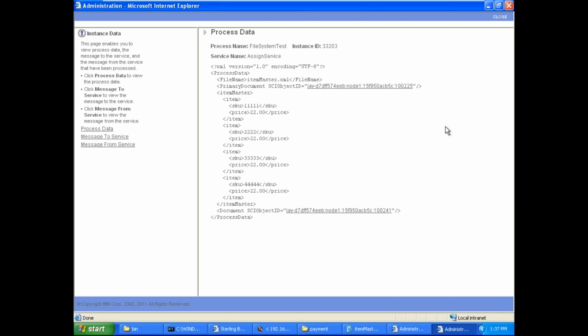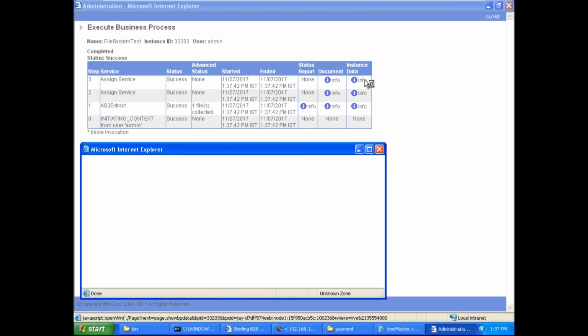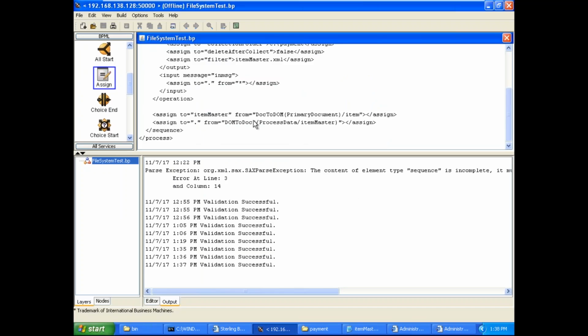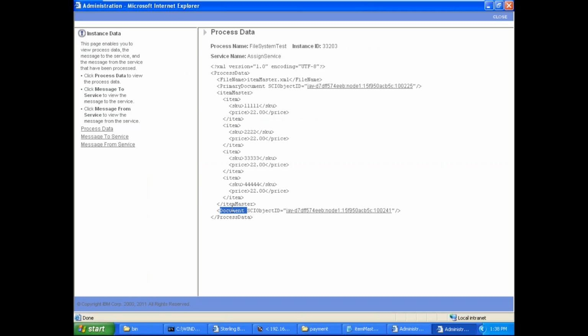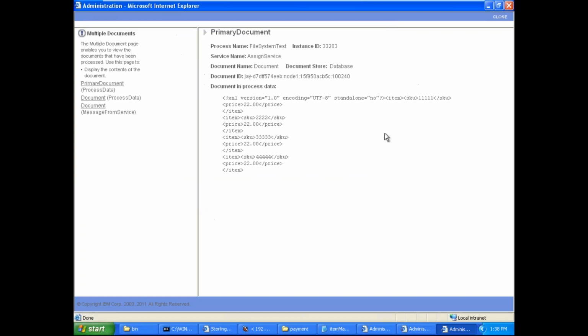Click on this. Remember this, if some window is already open, it does not open it again. See, your DOM to doc. DOM means process data to document, it has created a document. Do you see this? It has created a document. And if you open this document, you have this